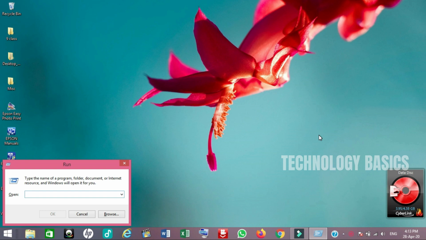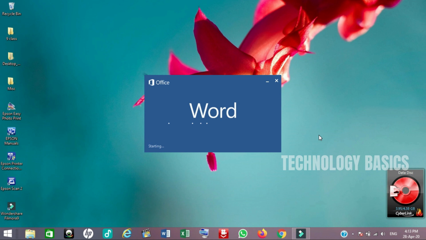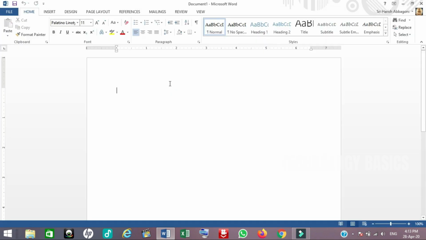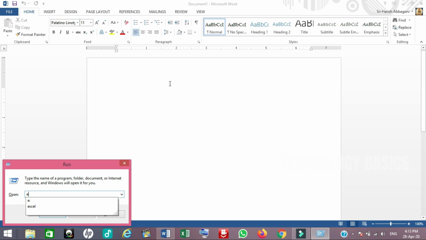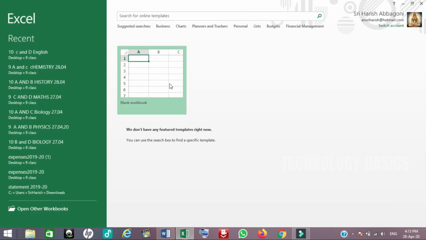For example, I want to open MS Word. I am typing winword. You can see it is open. Again I want to open Excel. It is open.